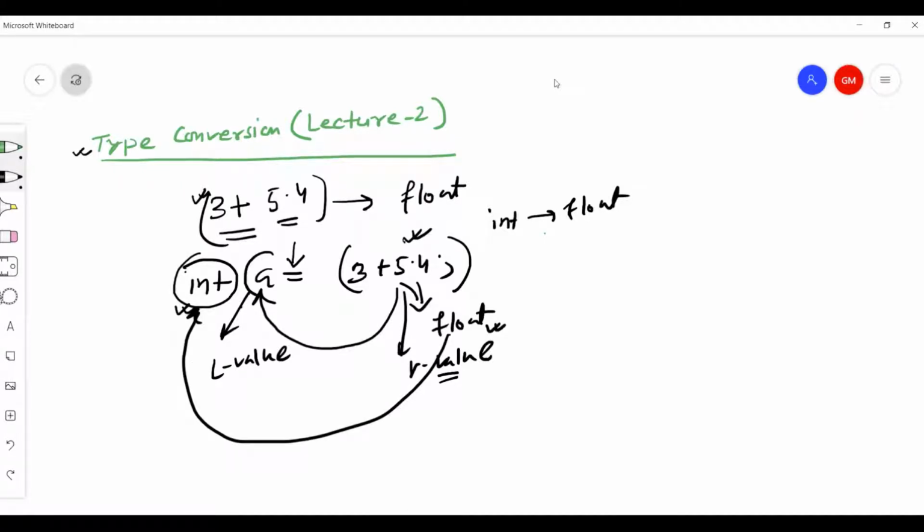Because a is the target operand for this assignment operator and integer is the target type, the value of this expression is the source and its type is called the source type. When you put something from source to target, it definitely follows the target type. So we are back from float to integer. This is called type demotion, whereas the previous case is type promotion.